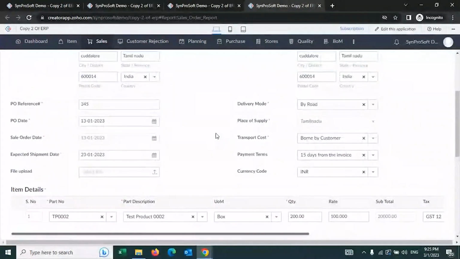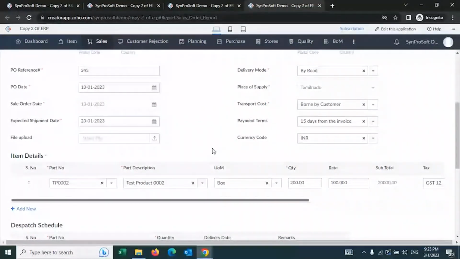So as you can see here, the customer's PO date, purchase order date, what is the expected shipment date, transportation rules, tax, what is the currency in which I am going to sell this, all of that you can do. So sitting in your country, you can sell it to any location globally. There is no restriction in terms of the currency. We handle the entire currency transactions, the taxations associated with it based on the currency which is set, the buying currency and the selling currency.